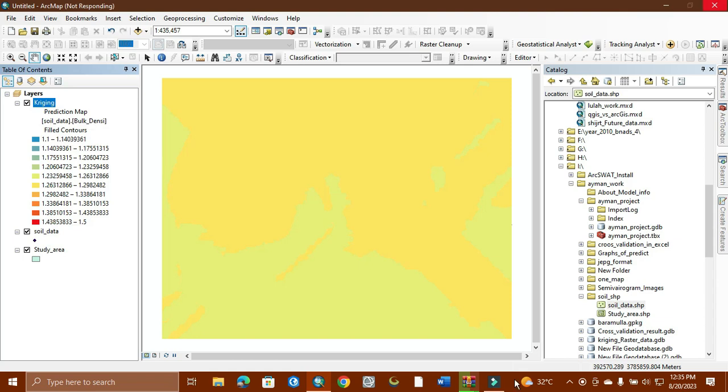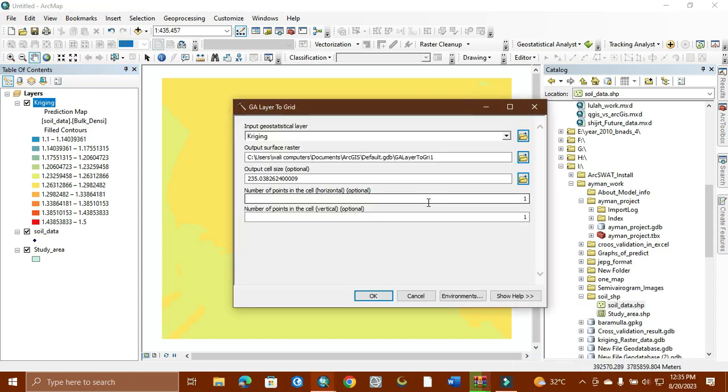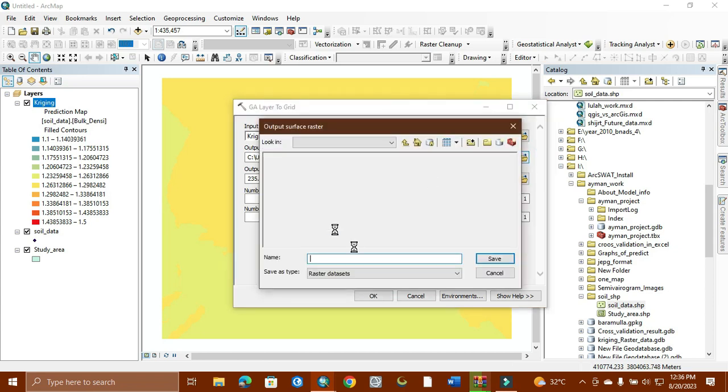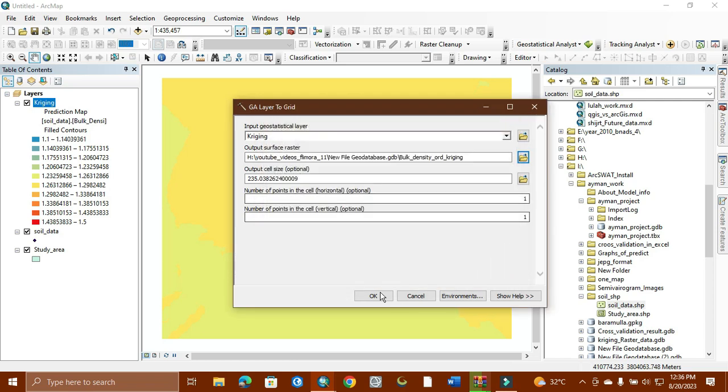It's a little hung because, viewers, as you can see, we get this panel after selecting export to raster. Now we simply keep its output, nothing to change, and it's already put here. We give this output the name YouTube tutorial one. We give here bulk density, ORD means ordinary, and Kriging. We give it the Kriging name, bulk density ordinary method Kriging, and just simply okay, then it will be